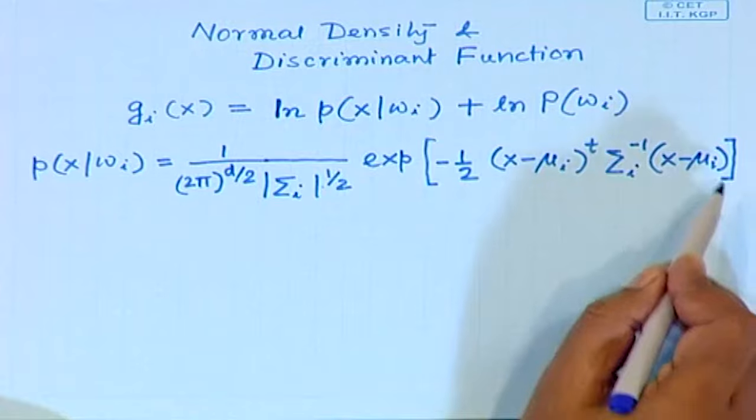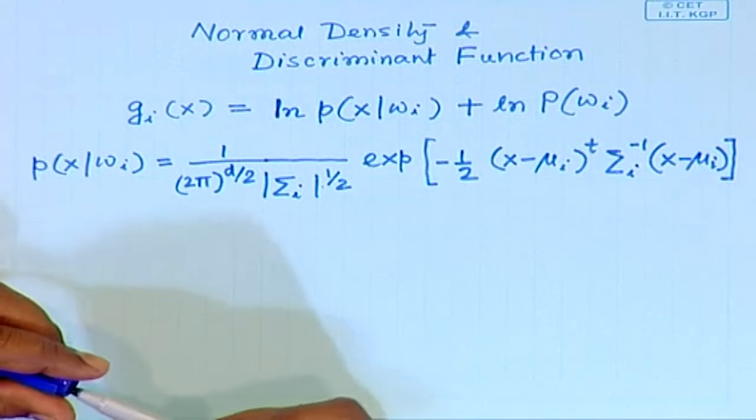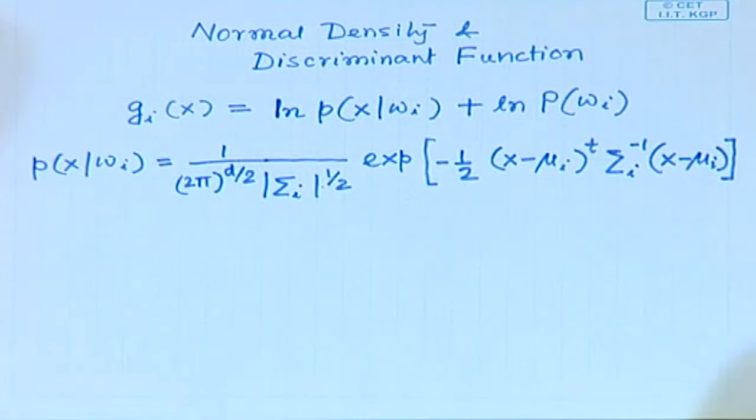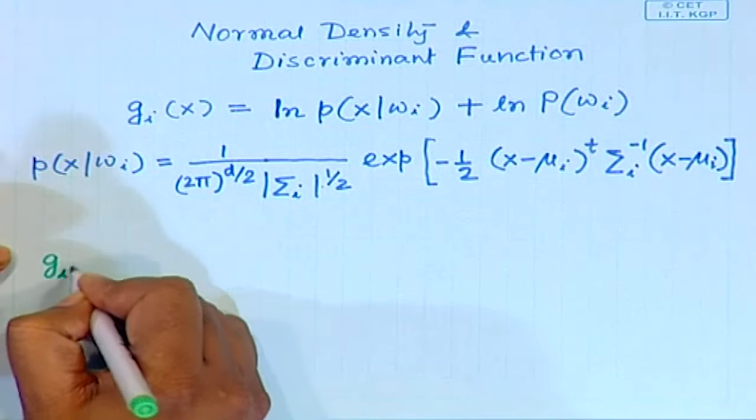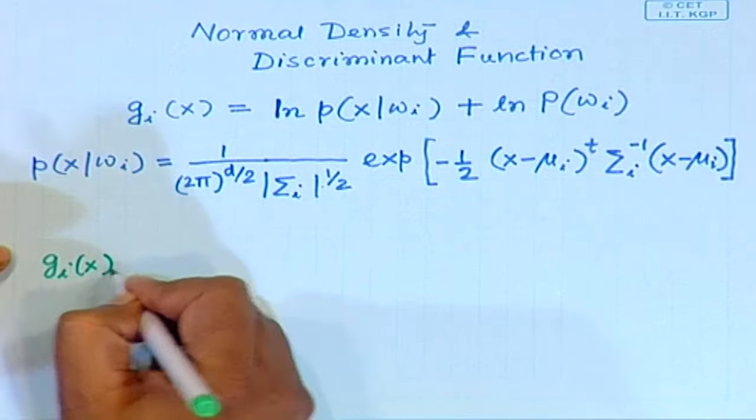So, taking this form of probability density function, normal probability density function, the discriminant function g_i(x) becomes of the form